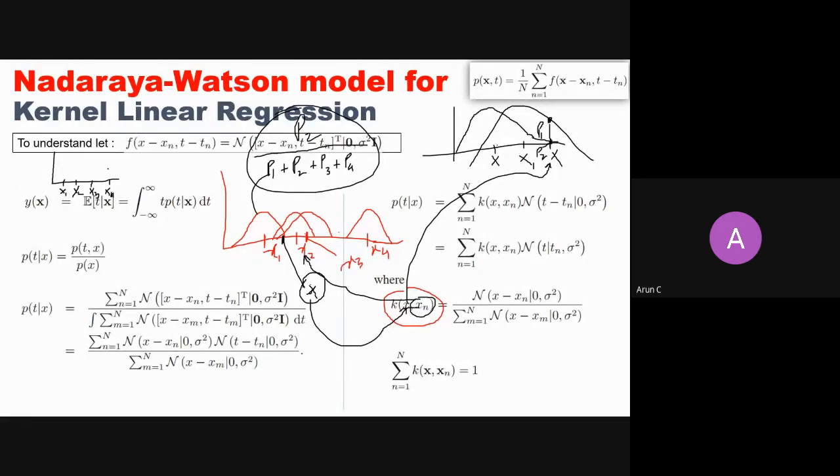So now you want to predict somewhere here. Then you say how much weight I should give for x2, how close it is with x2, how close this is with x3, how close this is with x4, how close this is with x1. So closeness is in terms of a probability. If it is very close, then the probability is very high, because if I am predicting directly at the mean of x1, I am getting the highest probability for x1, because it is at the mean where I am predicting.